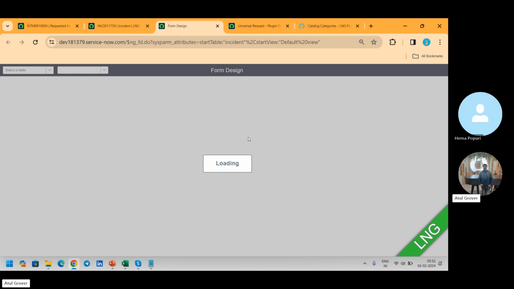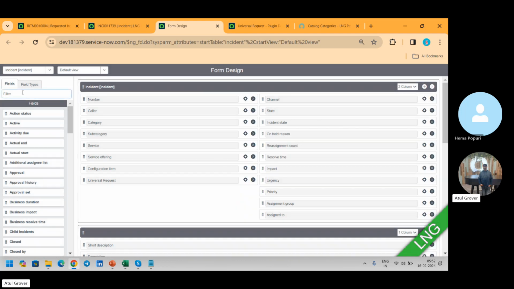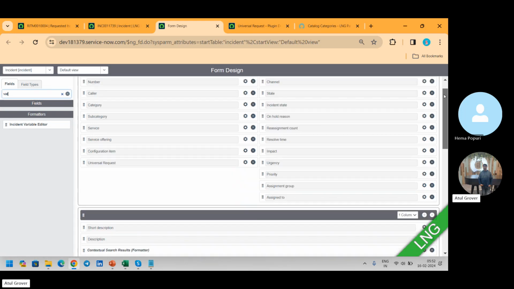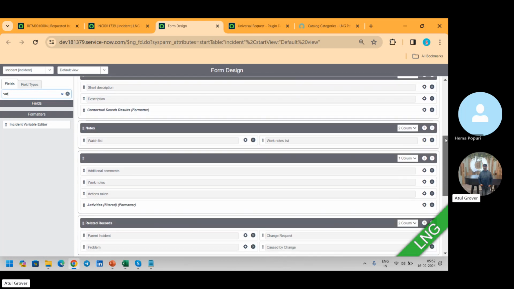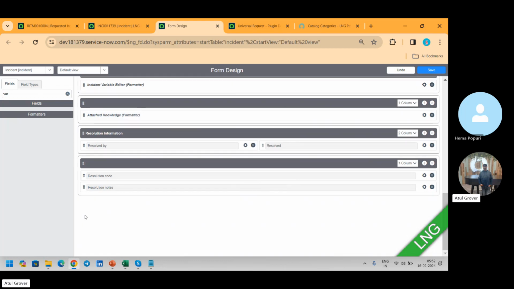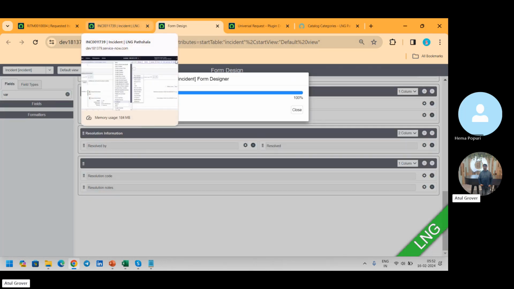Okay. And here, search for the incident variable editor. So let's say I want to create, let me create a new section. Okay, and I'll put as a name LNG V editor. I'll put it as one column. Drag and drop. That's all. Save. Come back here